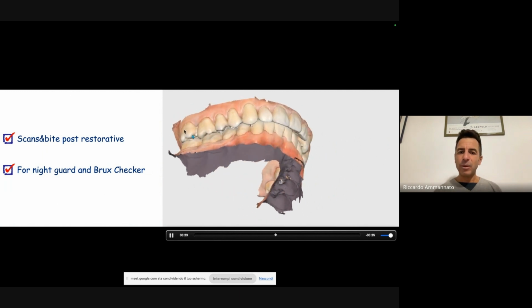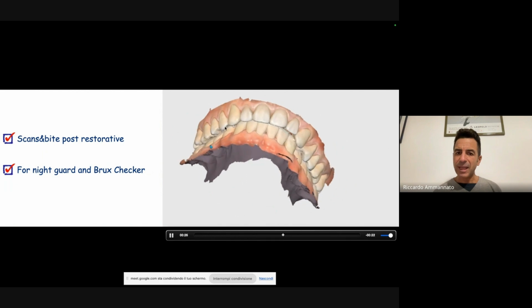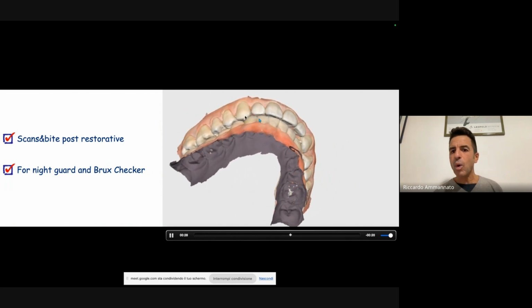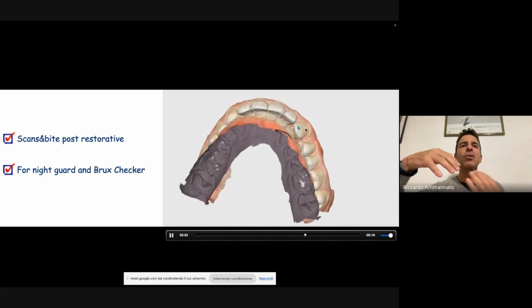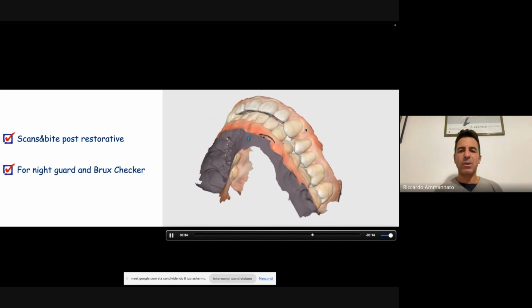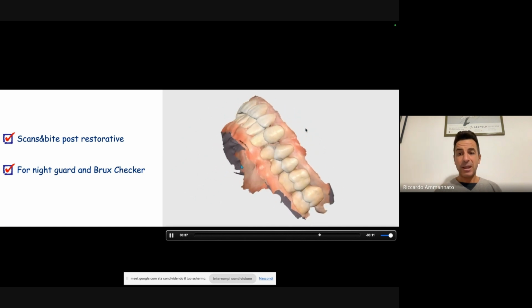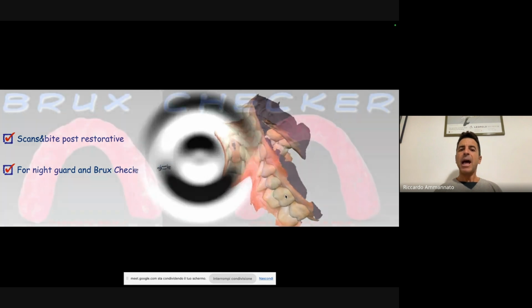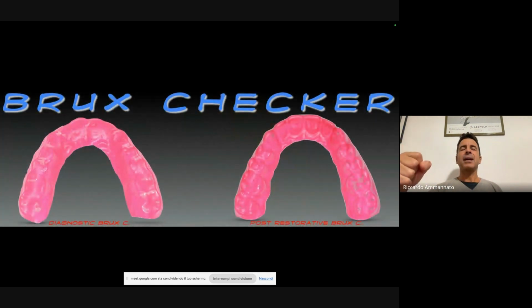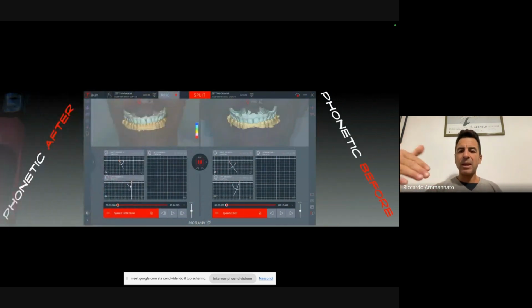And we see, again, we want a static from second molar to the canines, but I want to have clearance for my overjet in order not to lock my mandible, in order not to have constricted envelope of function. And again, from canine to second molar here. And on these scans, we will perform the post-op bruxchecker, and I'm not going to stop here, and the night guard.